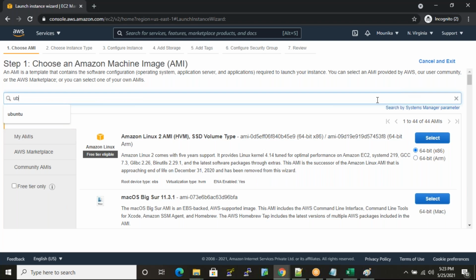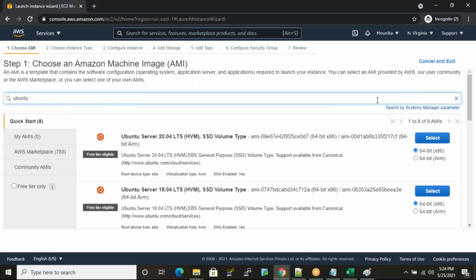Why are we selecting Ubuntu? This is an open source operating system. That's why I am selecting the Ubuntu operating system. It is purely command line interface, whereas Windows is a graphical user interface.